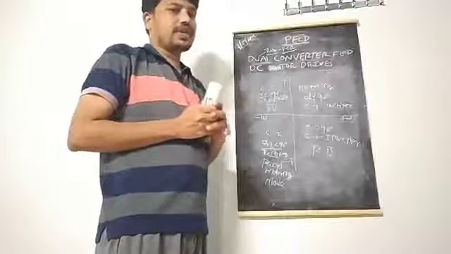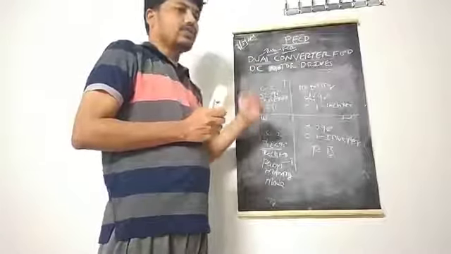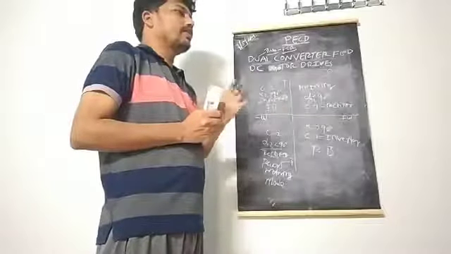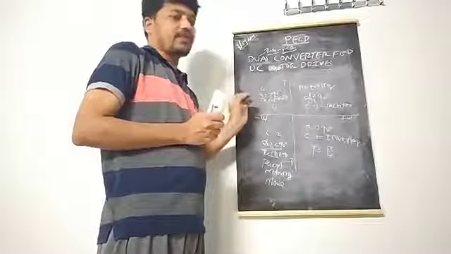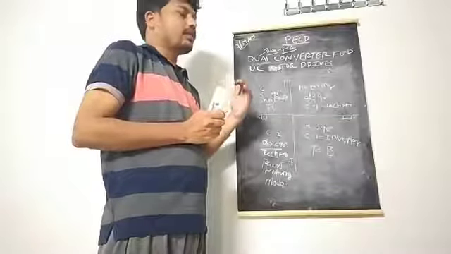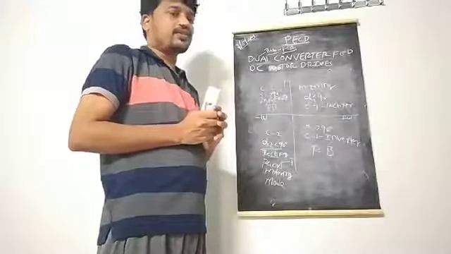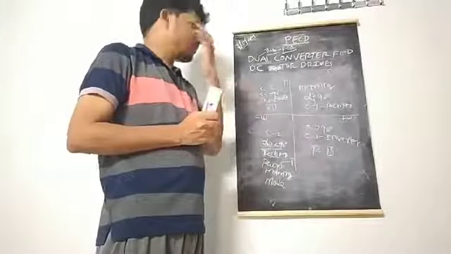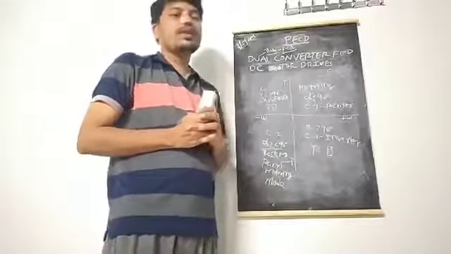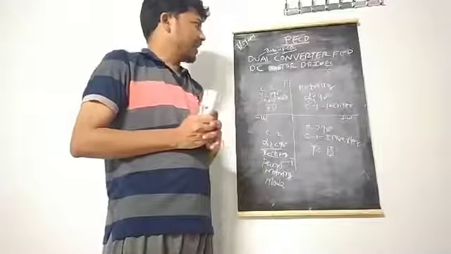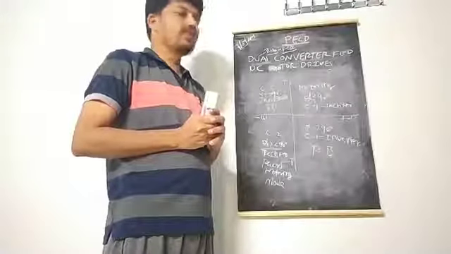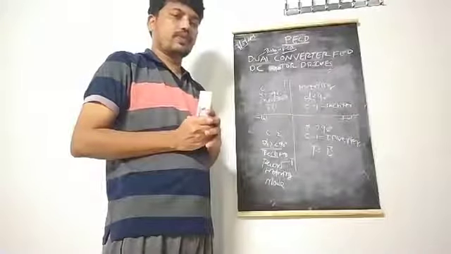So, care must be taken while turning off one converter and moving to another converter. That means while moving from one converter to another, definitely check whether the current of the previously conducting converter is 0 or not. Otherwise, there is a possibility of circulating current in this system. So, this is about the dual converter for DC motor drives and the 4 modes of operation. With this we are completing the second unit. We have one more section for numerical problems. Thank you.